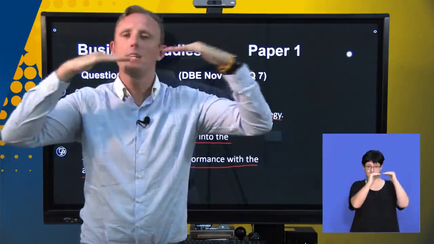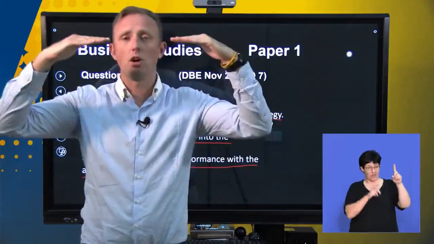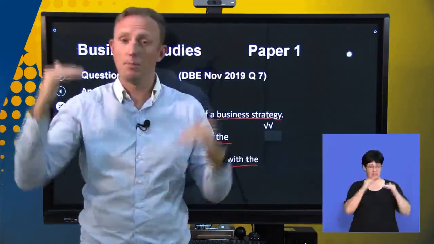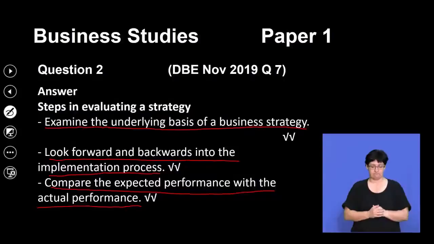Now, if they're exactly on par there, then you know that you're winning. It's the same thing for the business. If the results are what they expected, then they know that their strategy is correct. If there's a big deviation in that, then they know that they're going to have to relook at that strategy and see what the problem is.